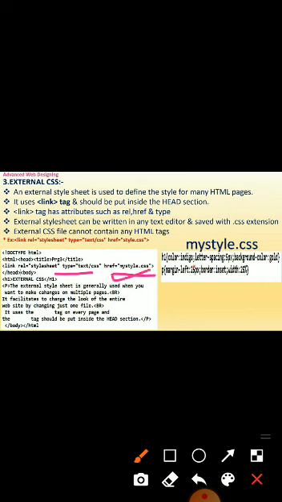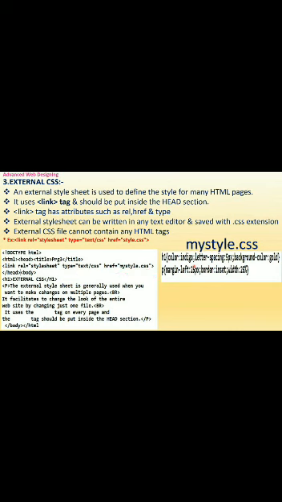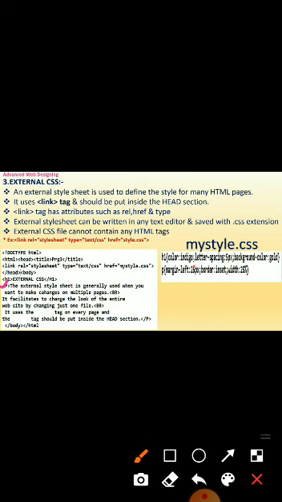Next, close head, then the body. h1 tag: external CSS, close h1. Then the p tag: the external style sheet is generally used when you want to make changes on multiple pages.